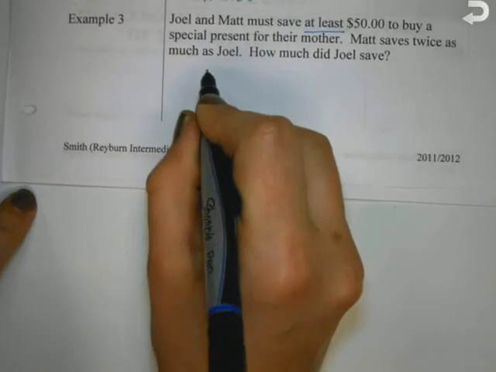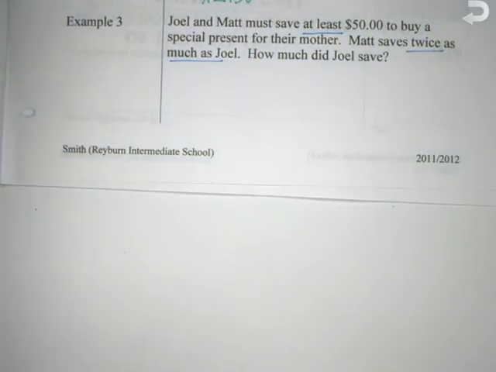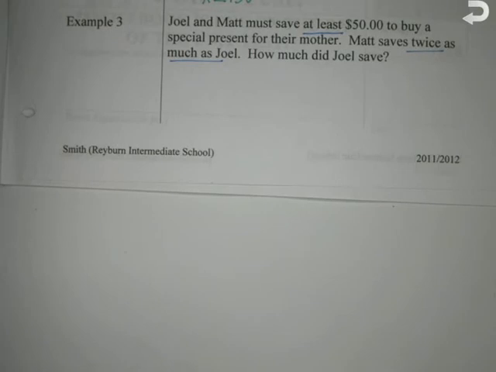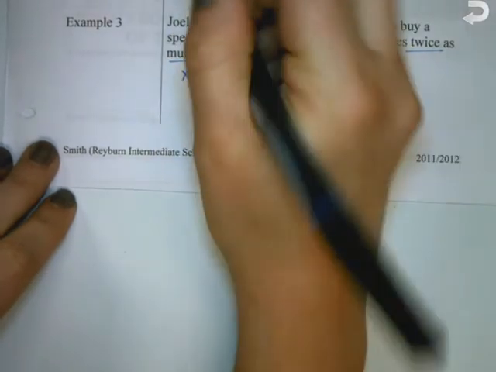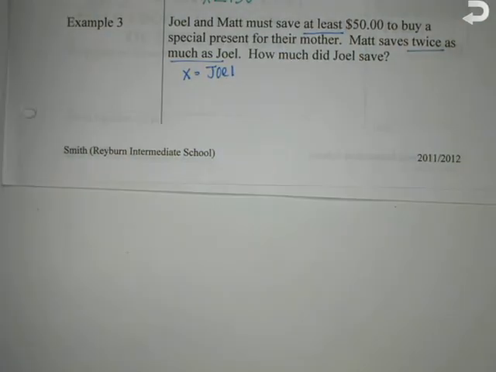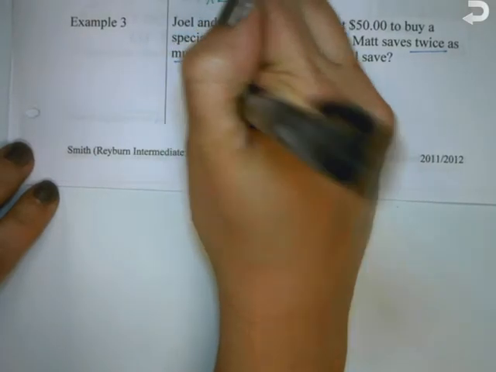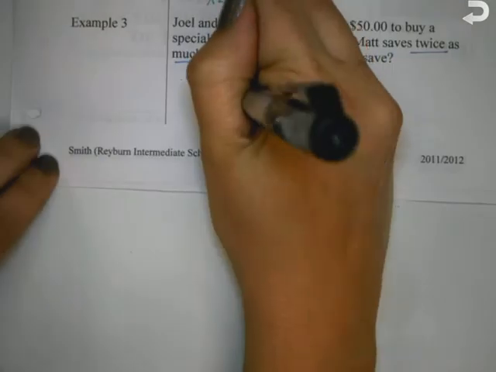I'm going to underline that because that's important information. How much did Joel save? Who do I not know? Do I not know Matt or do I not know Joel? Joel. I don't know Joel. So let's let X equal Joel. Now I'm adding Matt and Joel together, right? So that's going to be X plus what? How much did Matt save? 2 times X. So X plus 2X